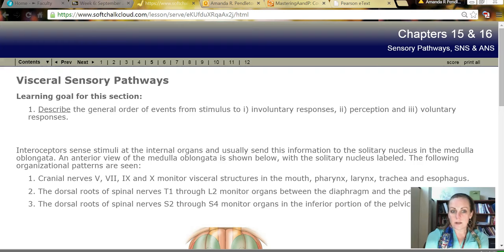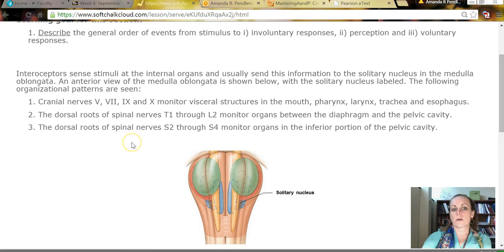Okay, so now let's talk about visceral sensory pathways. Again, I just want to point out that we're talking about sensations coming in. We're not talking about any motor commands going out. And we're also talking about visceral sensations, so that's going to be sensations from internal structures. Okay, so there are going to be 3 different main locations that are going to be